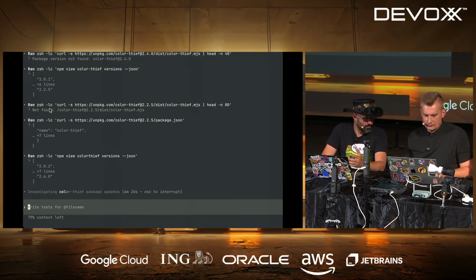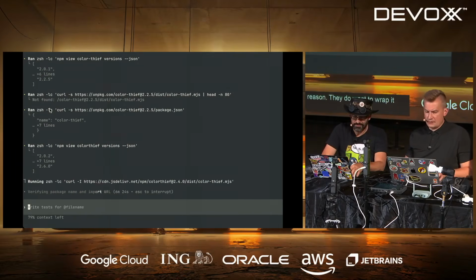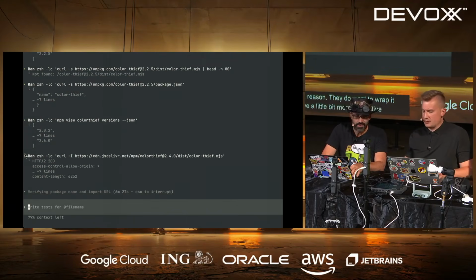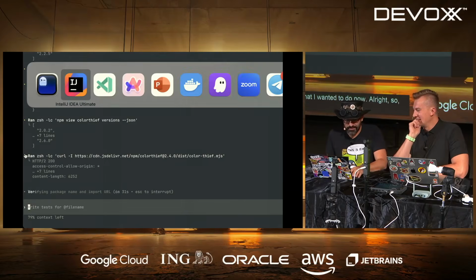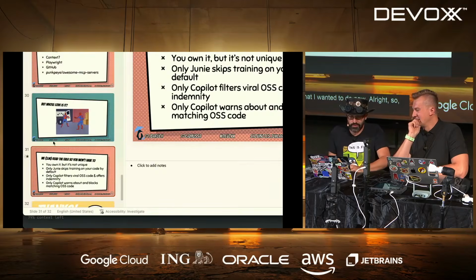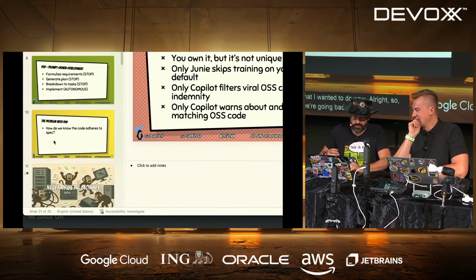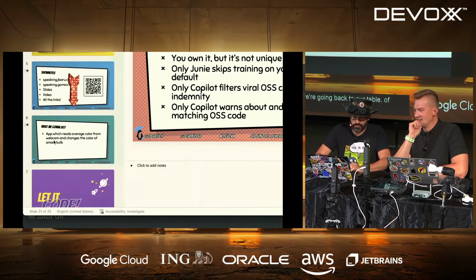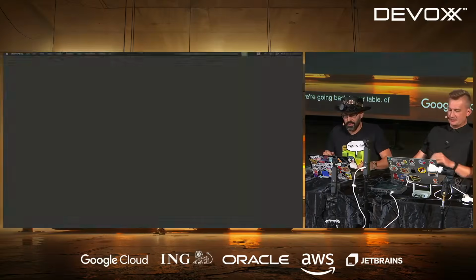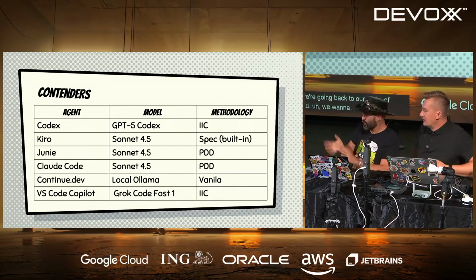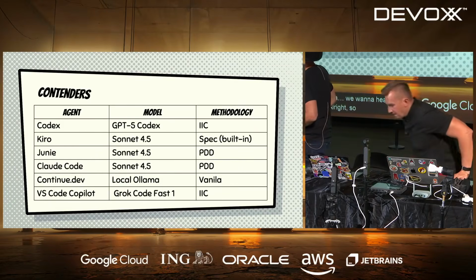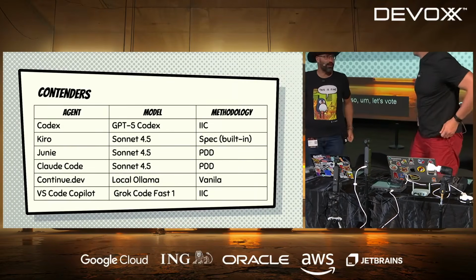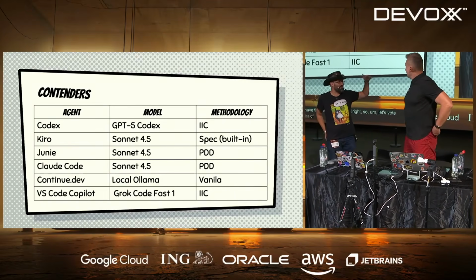People are starting to leave, for a good reason. Do you want to wrap it up? We can. We actually can have a little bit more interactive things, so people can ask what I wanted to do now. All right, so voting time. Yeah, voting time. We're going back to our table of what we tried to do, which is right here. We want to hear from you, and then we'll have time for questions. All right, so let's vote for a winner by the order of completion of their tasks.